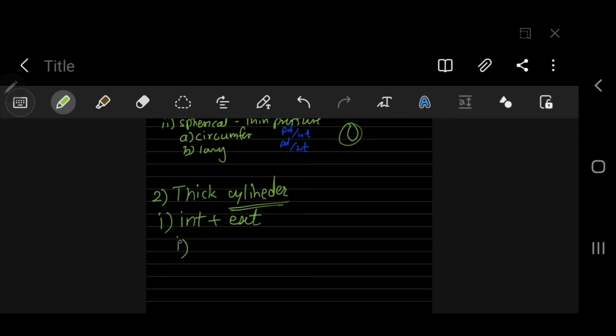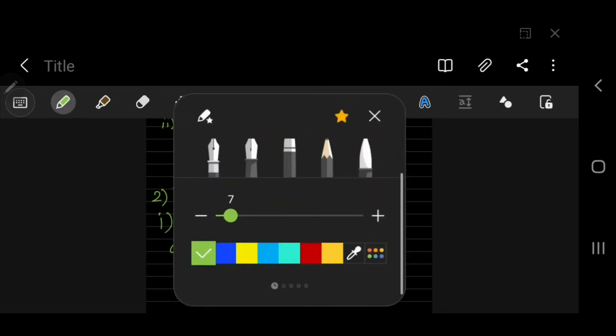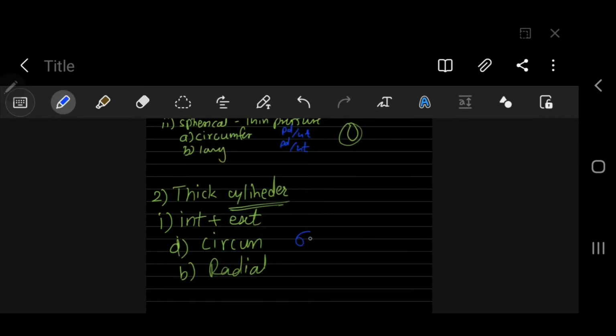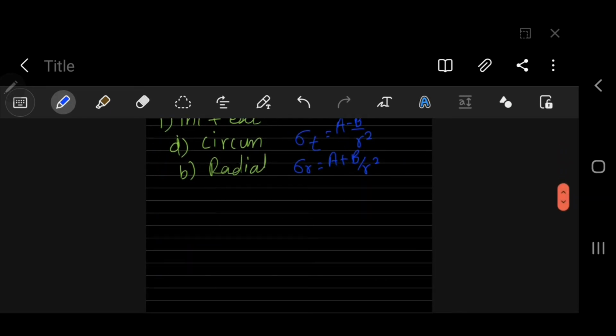So there will be two types of stresses induced. The first one is the circumferential stress. The second one will be the radial stress. The magnitude of circumferential stress will be A minus B by R square and the radial stress will be A plus B by R square. Okay, here A and B both are constants, and its magnitude will be,